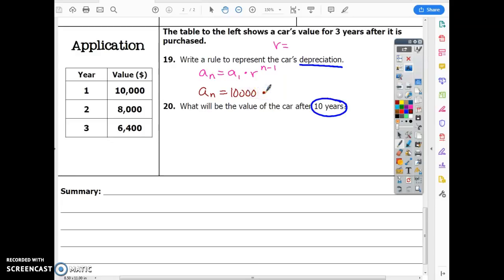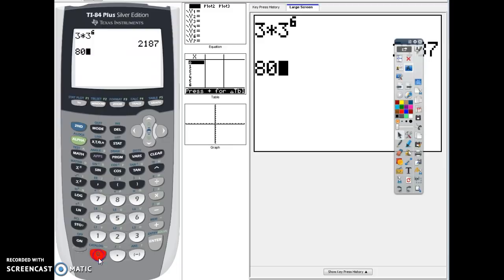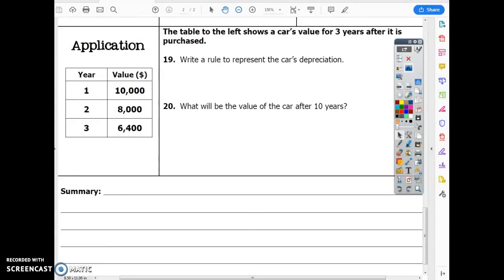So how do I find r? Divide. So I'm going to divide 8,000 by 10,000. So go ahead and do that in the calculator. 8,000 divided by 10,000. Enter. 0.8. Okay, so I'm just going to leave it like that, 0.8. So we're multiplying all of them by 0.8. So right here, 10,000 times